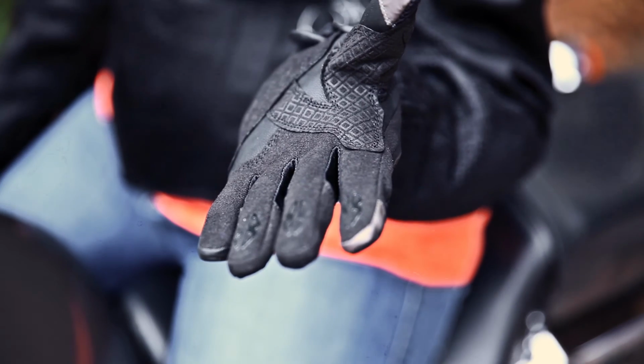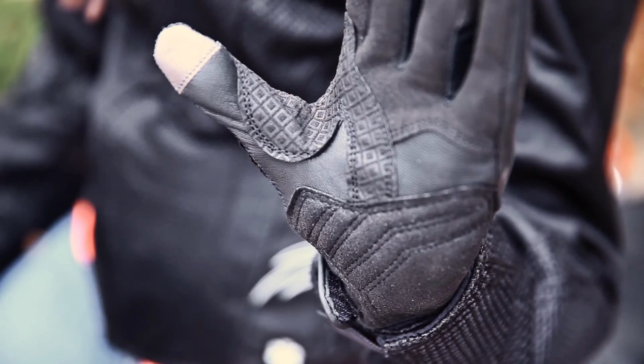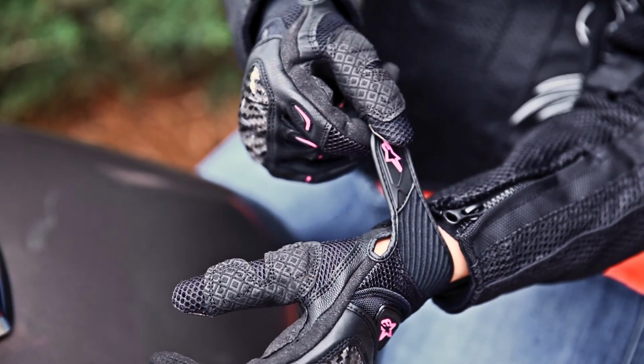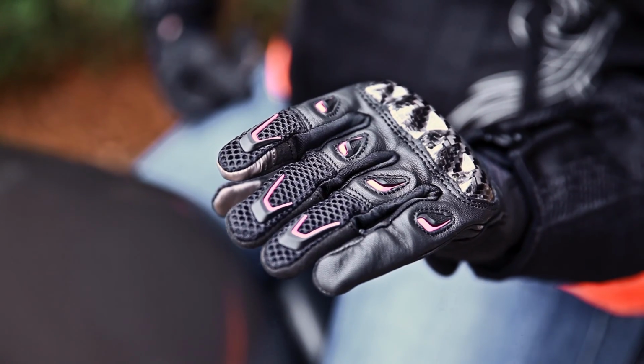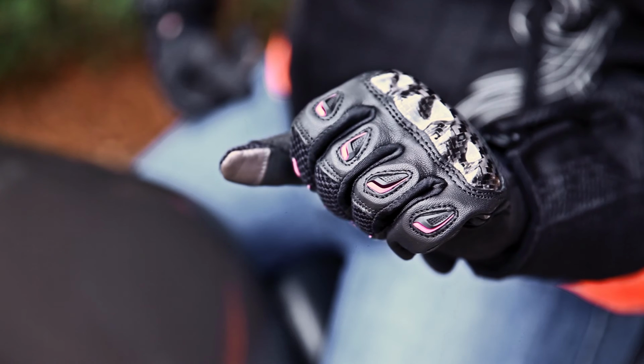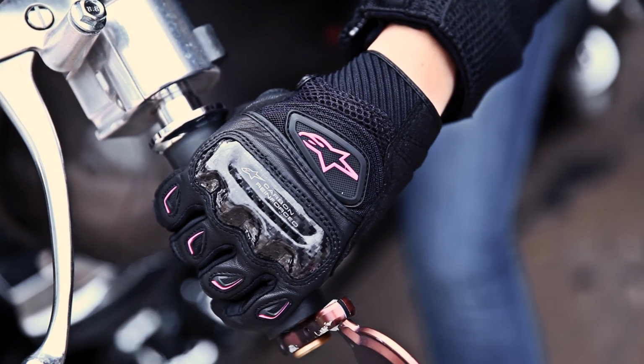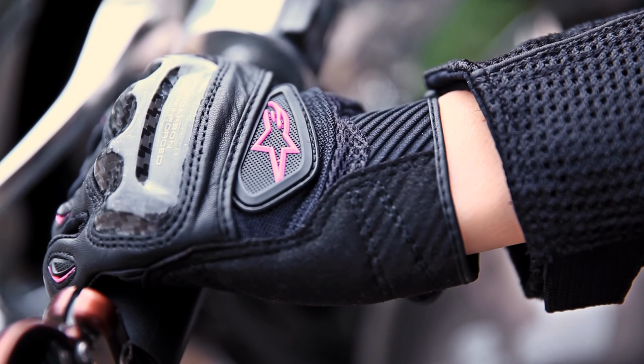As we move down the palm, you can see textured synthetic panels for extra grip and padded reinforcements on the palm. And at the wrist is a hook and loop strap for perfecting the fit. Now if we flip the glove over, you can see the leather and mesh panels on the fingers with TPR details. As we move down the hand, we come to the SMX2's chief feature, the carbon reinforced knuckle protection. Now finally on the top of the hand, you can see the TPR Alpinestars detailing and the flex panel with